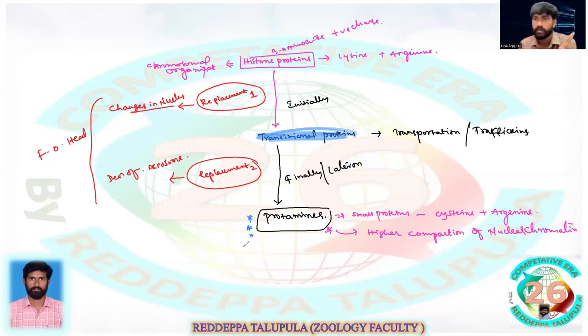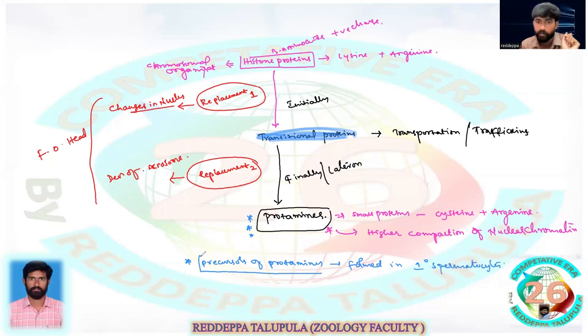When these protamines are formed, keep it in mind, precursors of protamines are formed in primary spermatocytes. These precursors of protamines will not be accessible to the transitional machinery